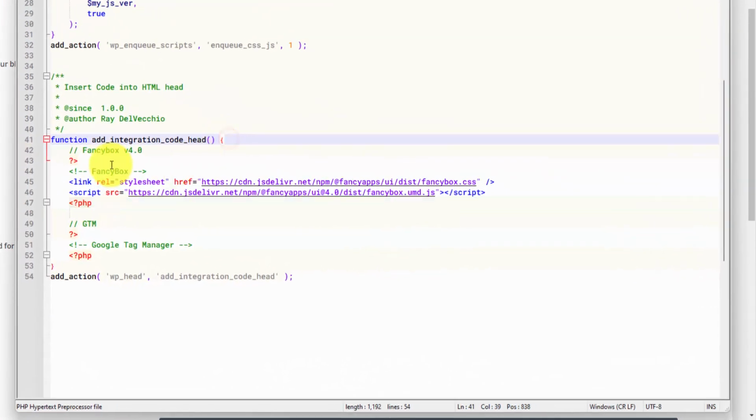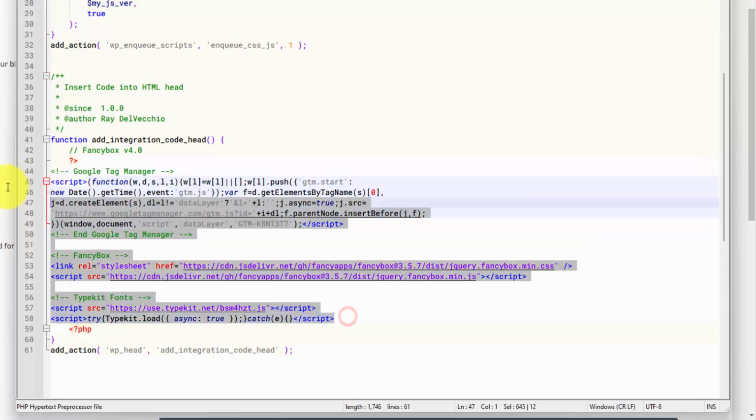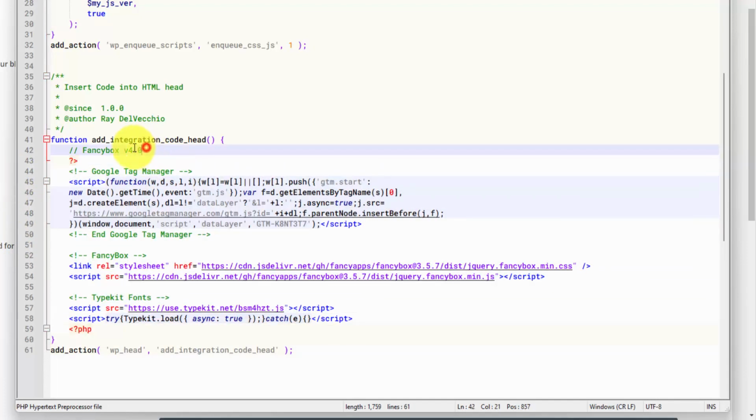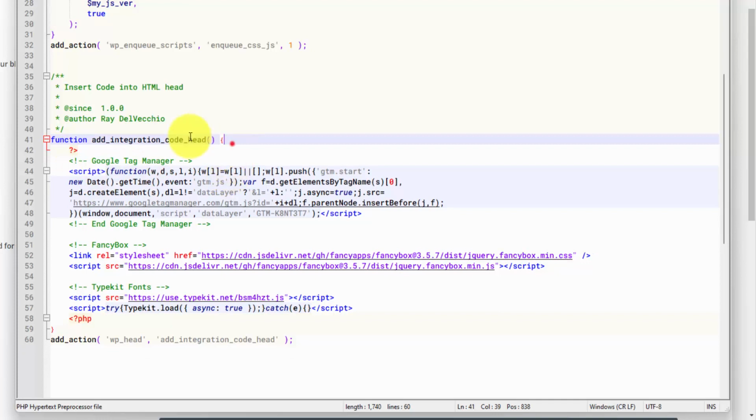So this function here, you can see that this is PHP code. We're breaking that PHP code and just inserting HTML. I'm going to just copy and paste all of this in here, and then just let me tab this over. And up here we have a PHP comment that's started with the 2 slashes. Down here, this is an HTML comment. So I'm gonna remove this since I had the FancyBox and the Google code separated, where I'm combining it right here. So this add integration code function is going to insert this code within the head by using this hook,